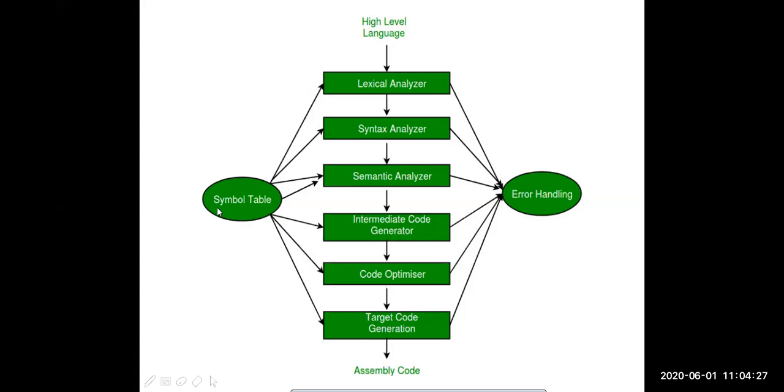Now we have to see a small concept briefly about the symbol table. What is the symbol table? What does it contain? We have to learn a few points about this. Internally, how is the symbol table maintained? What are the operations on that symbol table? What data will it store in the symbol table? Clear? Okay. Did anyone have any idea what information will be stored in the symbol table?